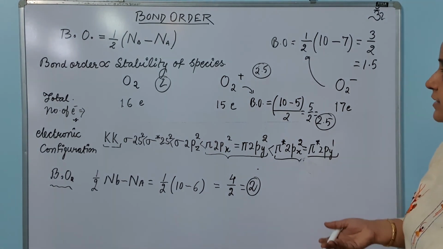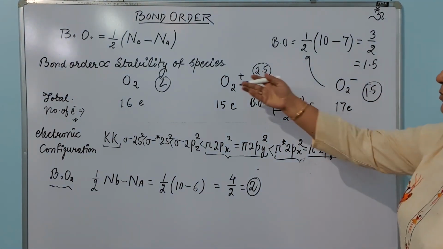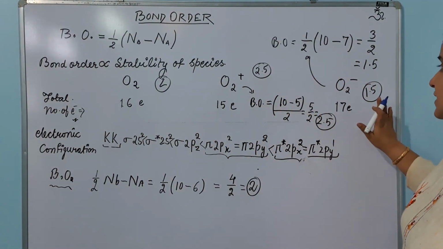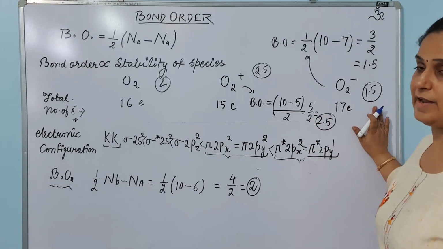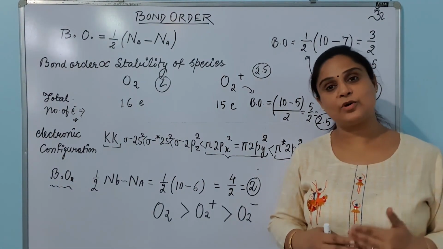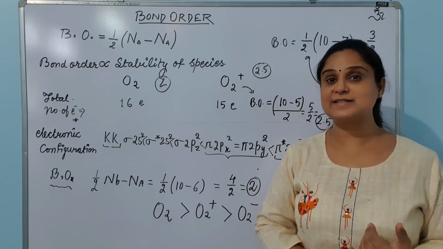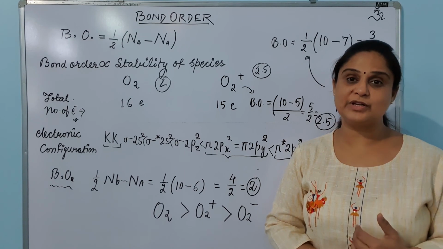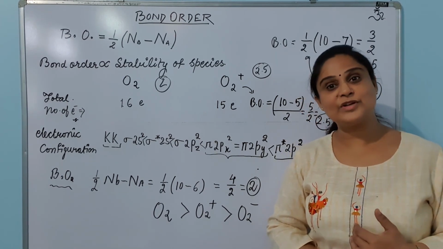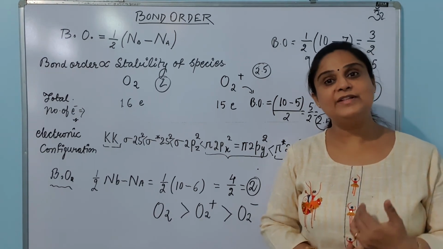Okay, so I don't think there is any doubt about the stability of these 3 species. The bond order of oxygen is 2, this one's bond order is 2.5 and this one's bond order is 1.5. So the more the bond order, the more the stability. I hope now all of you are very clear on the concept of bond order. You can now predict the stability of various molecules. You can now predict the bond length of the various molecules given, and you can talk about the number of bonds between the two atoms making a molecule.